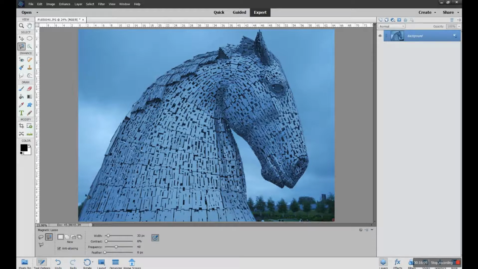And feathering, again, as with the other tools, is to do with softening edges. So if you want a soft edge to your selection, you can feather. Now in this particular version of the software, or at this point in the software, there is no refine edge, but you can come out of